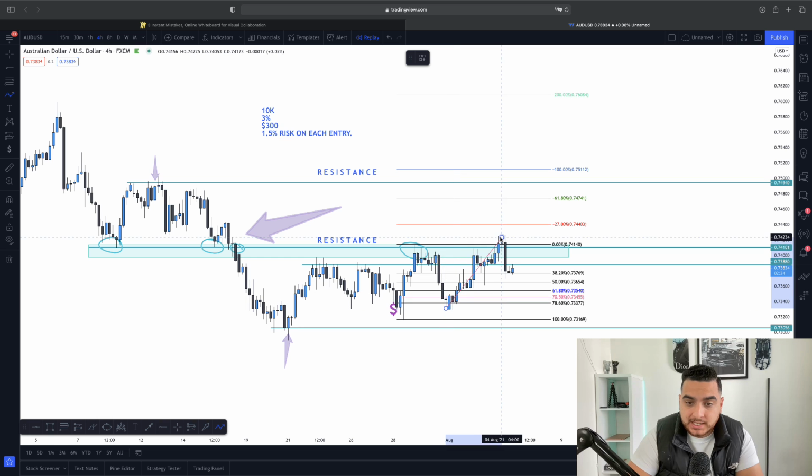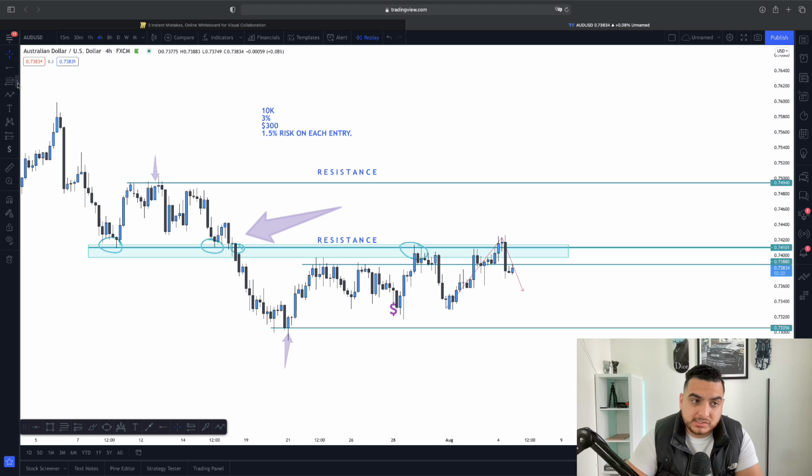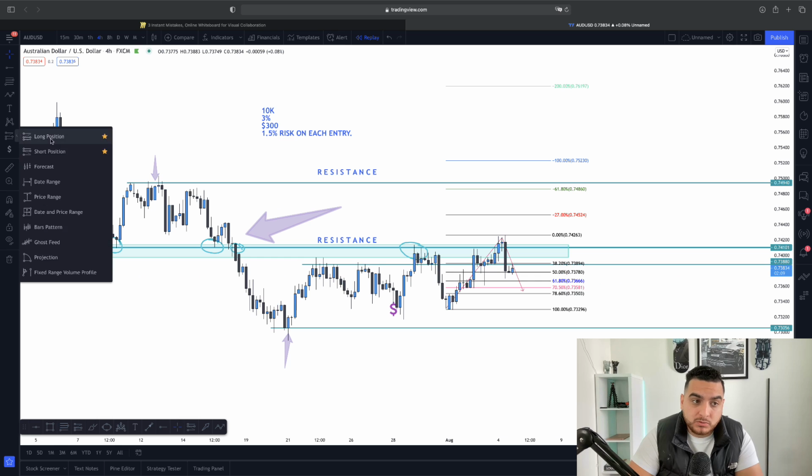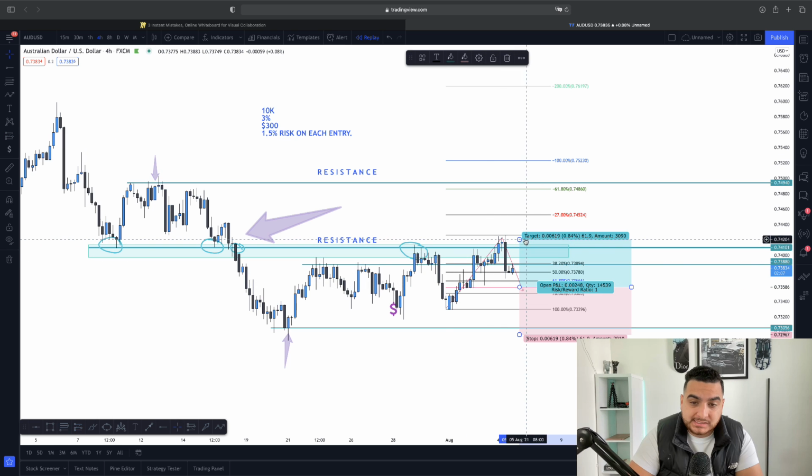So that's the first leg. Now we're looking for our pullback leg. What we want to do is change our Fib levels though, because we don't want to pull it from this low here. We actually want to start pulling it from this low, and that's the Monday open right there. So if we pull it from there to there, we can see that a good entry point, if you were wanting to get into the Aussie, would be the 70, and we can actually start targeting the higher resistance